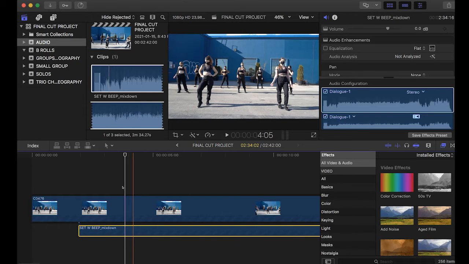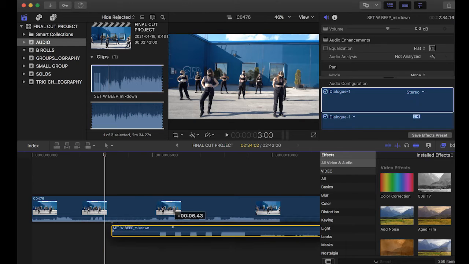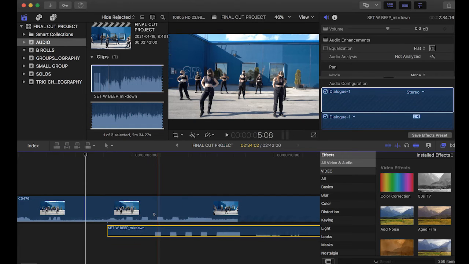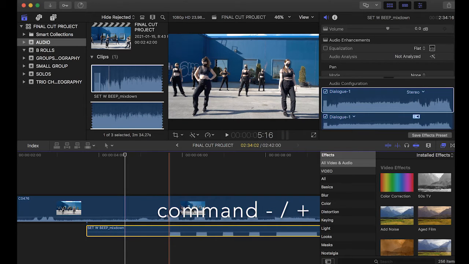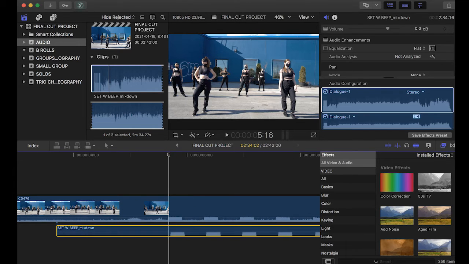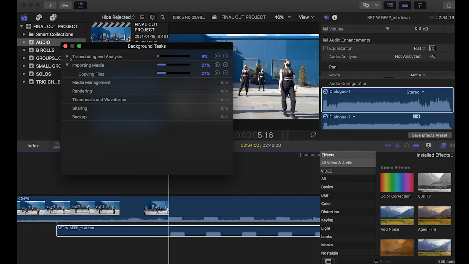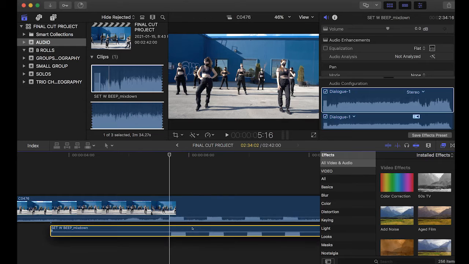By the way, get familiar with all the keys within the program. You don't need to use a lot of keys, but for example, if you go command minus or plus, you can actually zoom in. It's very, very simple. Get familiar with the keys. It makes it easier, so that way you don't have to wonder how to zoom in, how to zoom out. All right, so there it is. So now I'm gonna try to sync it as perfectly as I can,